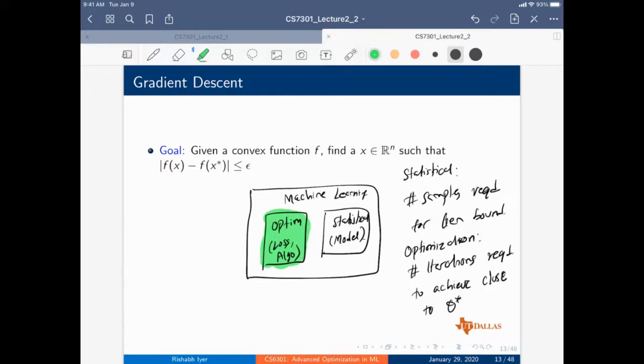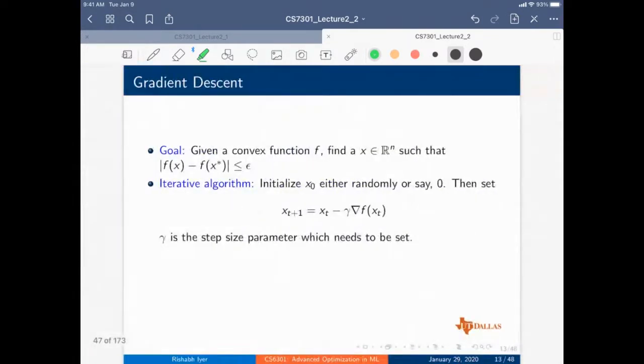So what does it mean? It means that now can we find an x in R^n such that f(x) minus f(x star) is less than or equal to epsilon? Most of the algorithms are going to be iterative algorithms. What I mean by iterative algorithms is that we initialize x0 randomly, or say to be 0, and then we are going to